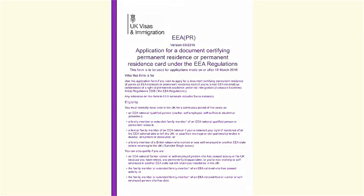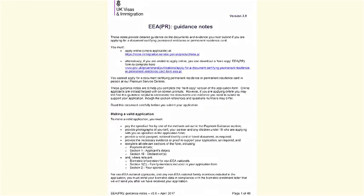I'm going to also be using the permanent resident application, which is 94 pages long with a couple of extra pages that we need to insert, and the current permanent residence guidance notes, which were updated yesterday, the 12th of April. Everything that I'm going to talk about today is highlighted in yellow. So as we go through it, if you can access the forms, then it will help as we do it